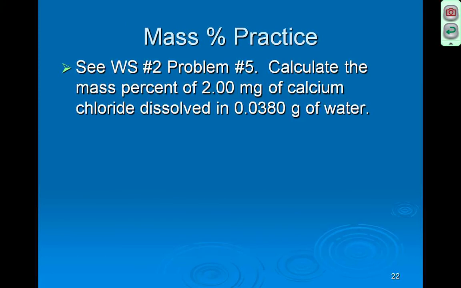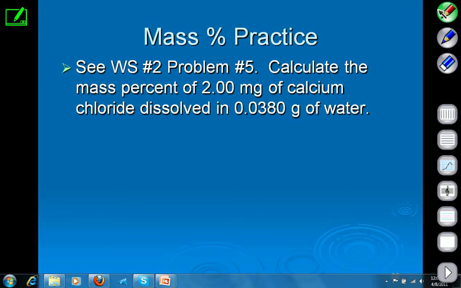Mass percent practice. This is from worksheet number 2, and this is problem number 5. It says calculate the mass percent of 2 milligrams of calcium chloride dissolved in 0.038 grams of water. So we need to grab our writing pen. Alright, this is number 5. So mass percent